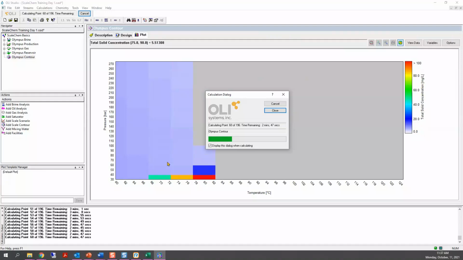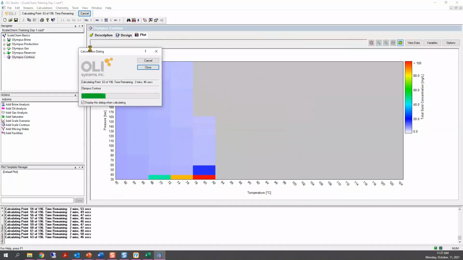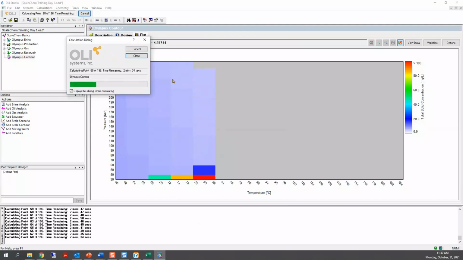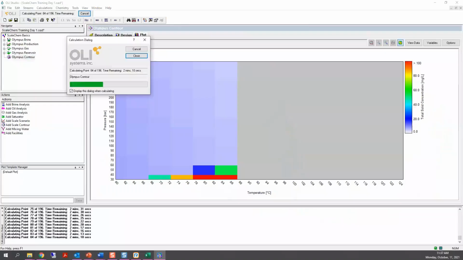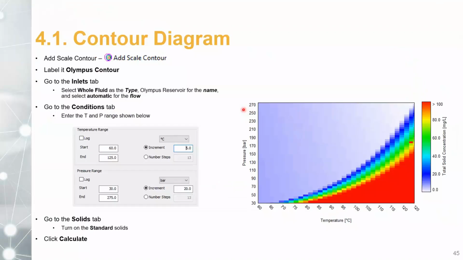Of course, you'll see that I have put very coarse steps here because I wanted this calculation to end very quickly. But in the presentation, you can refine the steps as much as you want. The more refinement you get, the more computation time it is going to take. Let's just use the presentation while the calculation goes.